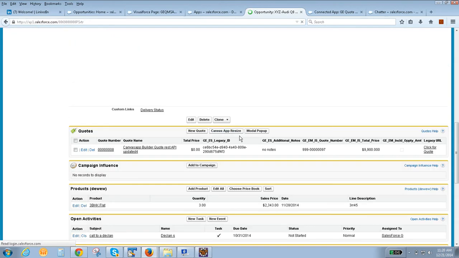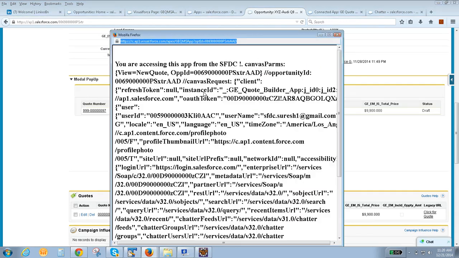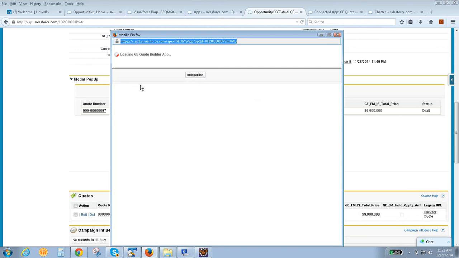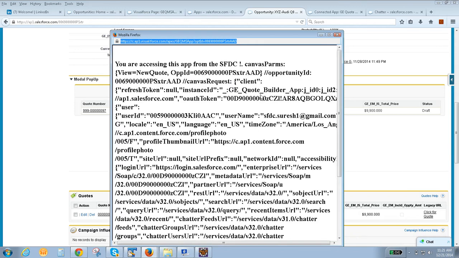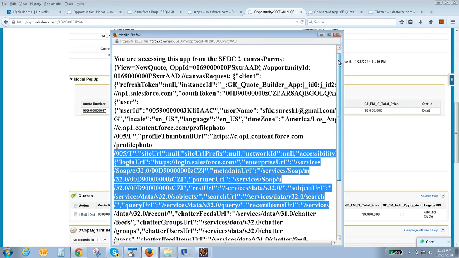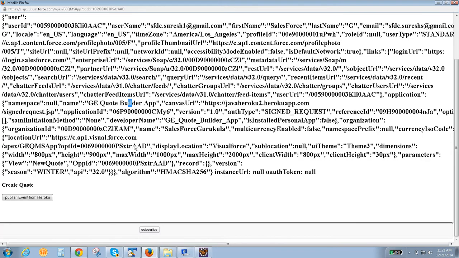Okay, so now let's say add new code. Initially, we need to subscribe to that particular event. Once it is subscribed, I will publish that event from the Heroku side so that Salesforce will receive it.